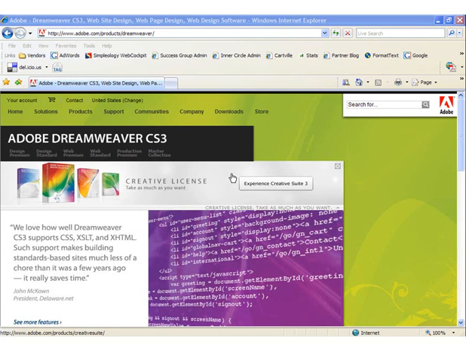Today we're going to take a look at performing some basic tasks in Dreamweaver. If you don't have a copy installed, you can download a free trial at